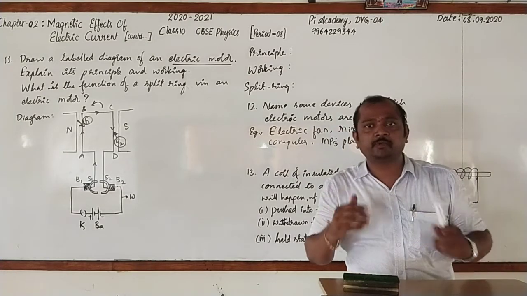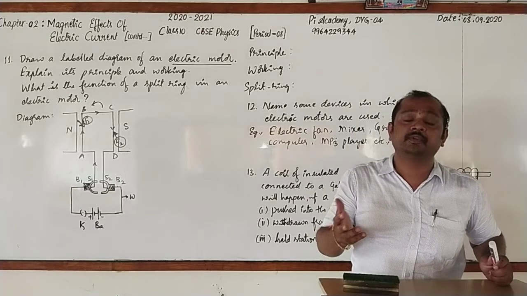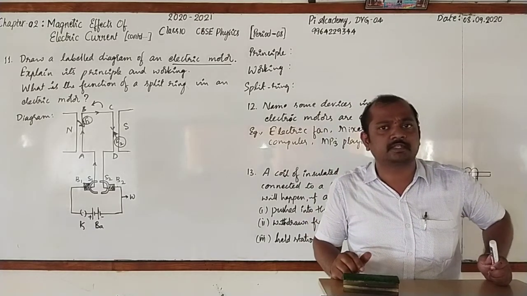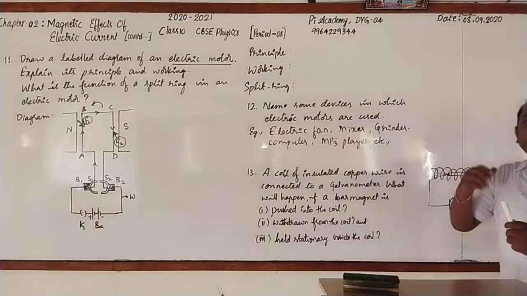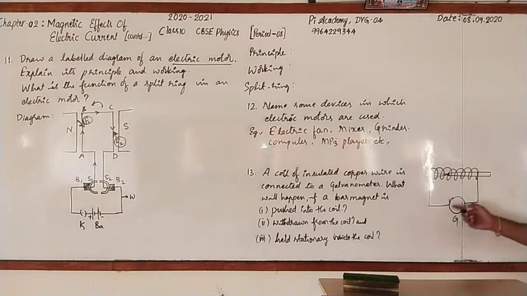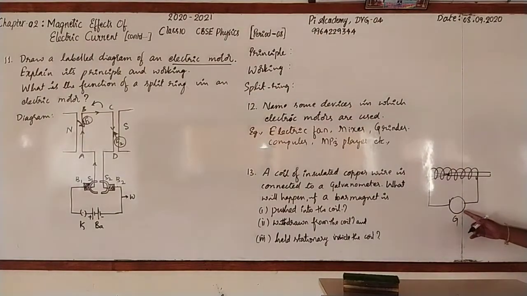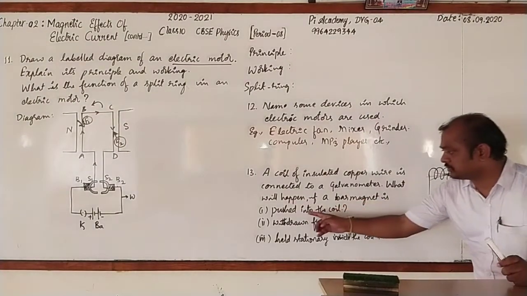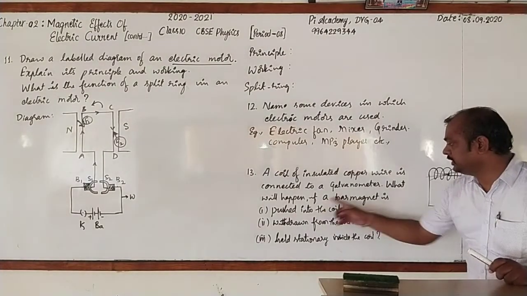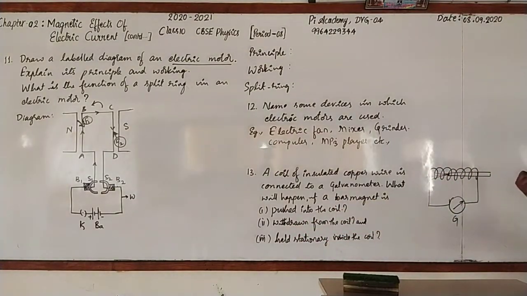When the magnetic field linking with the coil changes, what will happen? Yes, the current is induced in the coil. How do you come to know that? We have a device to detect the presence of current, that is galvanometer. See here, the needle in the galvanometer will deflect on one side. Clear? Okay.